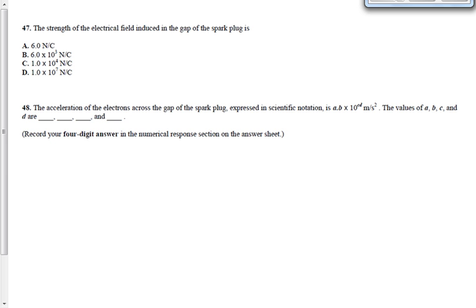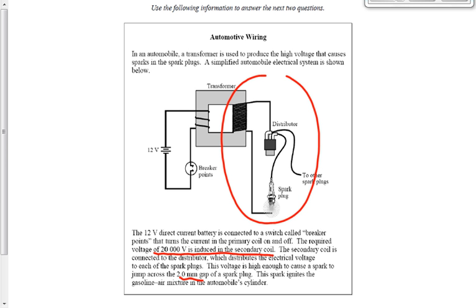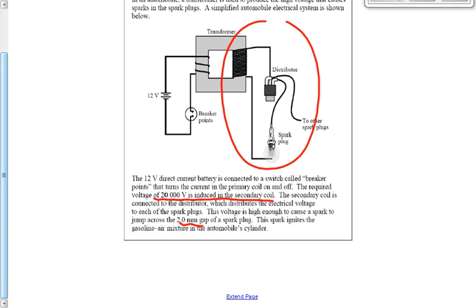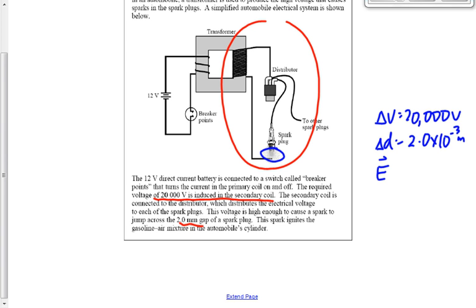47 says, what's the strength of the electric field induced in the gap of the spark plug? In question number 47, we want to find the electric field strength induced in this gap of the spark plug. We've got a potential difference of 20,000 volts in the secondary coil. If the distance of the gap is 2.0 times 10 to the minus 3 meters, it's logical that we're going to say E is equal to delta V